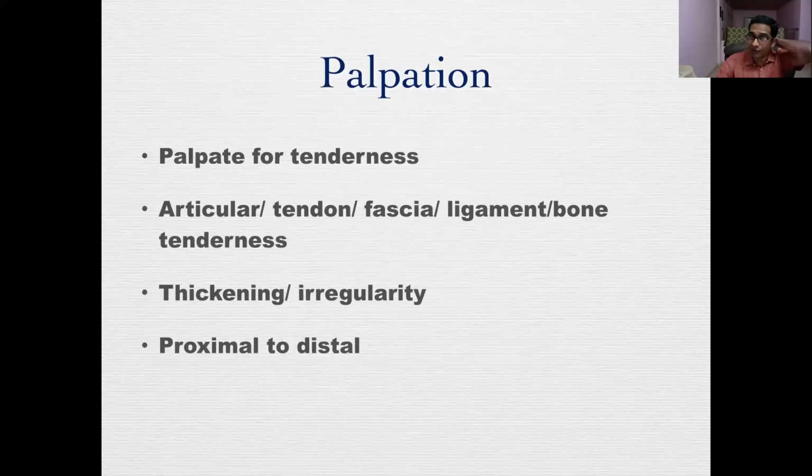Palpation by far for the surgeon. Remember, a surgeon is one who uses his hands. So in clinical examination, it is palpation. In treatment, probably it is surgery that a surgeon should focus on.